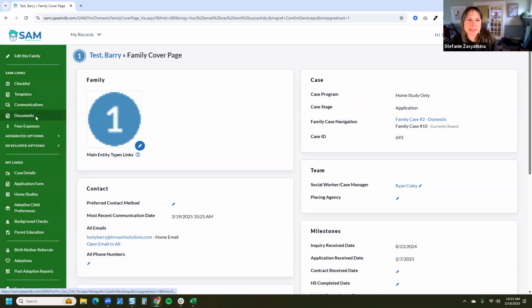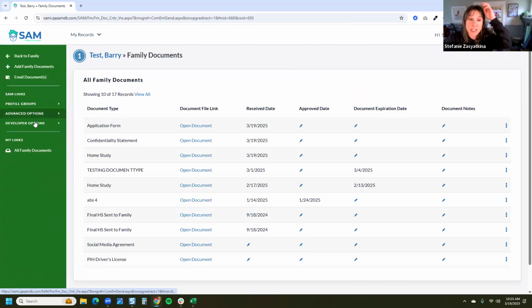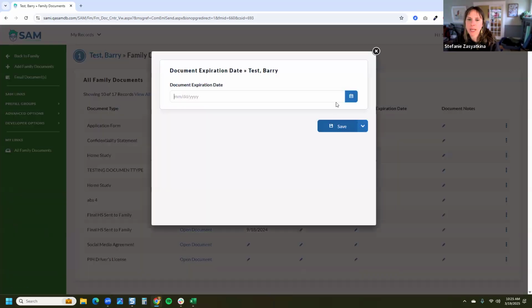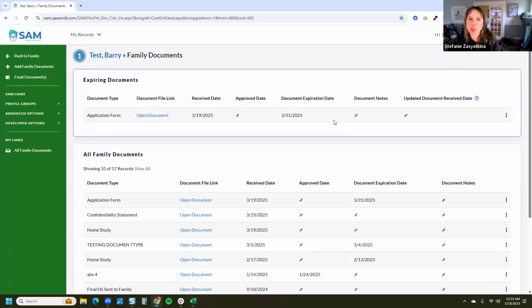Not everybody has this, but it is totally easy to set up and possible. I'm going to put in an expiration date that's upcoming. I don't remember what this document is, but I'm going to put this as a future upcoming date. This is a subform based on family documents that has a filter, and the filter is set to something like: the expiration date is upcoming in the next 2 months, and we do not have this